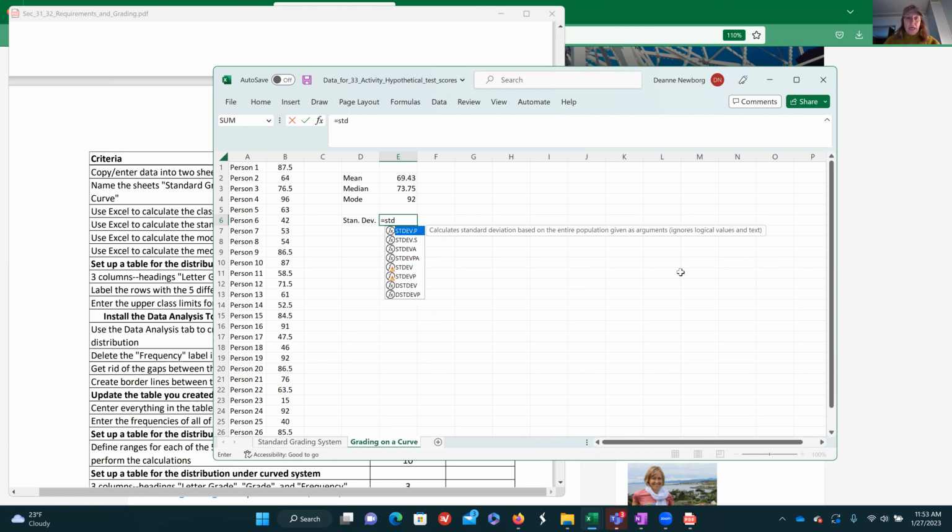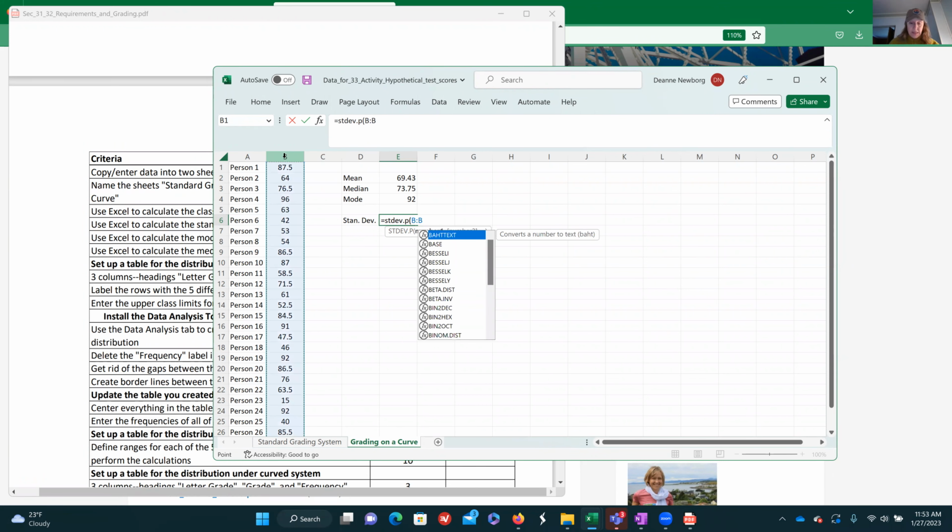STDEV. And now look at the things that are suggested, there's STDEV.P. That P stands for population. And then the one under it, STDEV.S, that stands for sample. But our data is for all of the students in class. And so this would be a population. Okay, if I said I took a sample of 10 of the students in class, then I would use the .S one. So I want .P, open parentheses, and then again, just click on the B and then close parentheses,